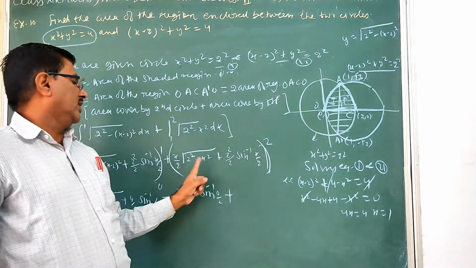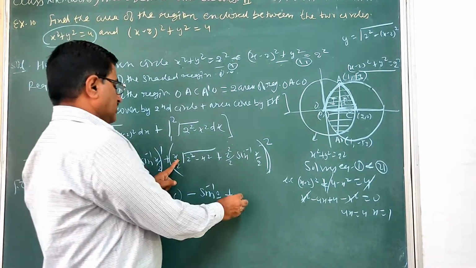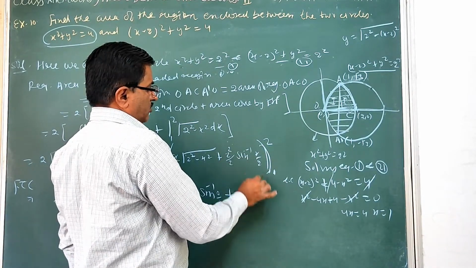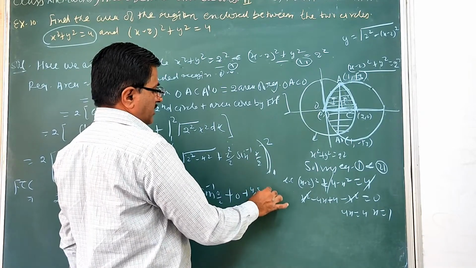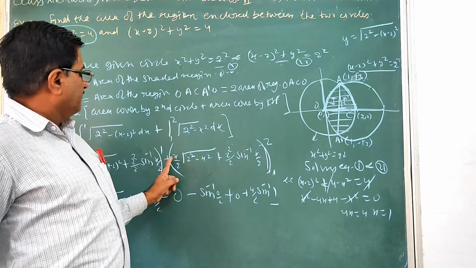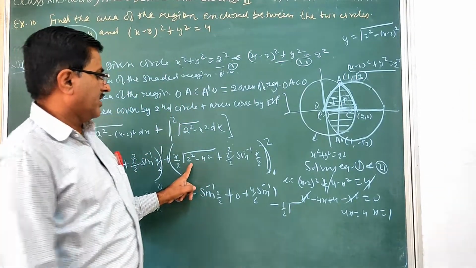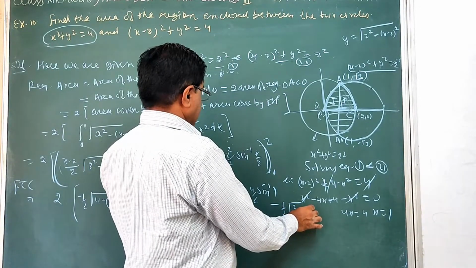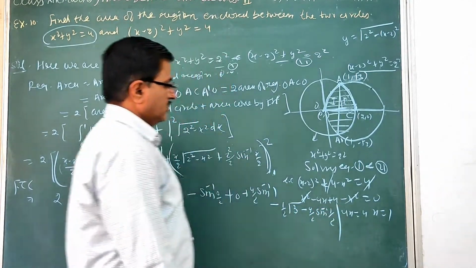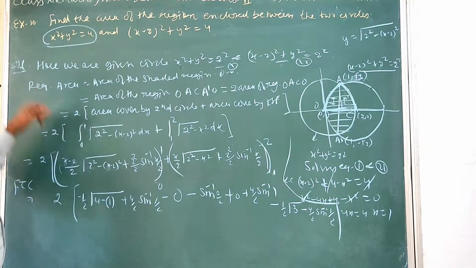Now we put 2 here. If you put 2 here, 2 power 2 and 2 power 0, so this term will be 0 for the upper limit. Plus 2 square, 4 by 2 sin inverse 2 upon 2, that is sin inverse 1. Then minus, here put 1 by 2 root of 2 square minus 1, that is root 3. Minus 4 by 2 sin inverse 1 by 2.